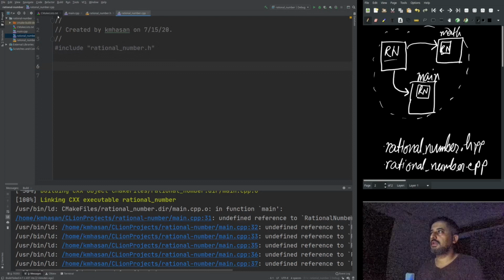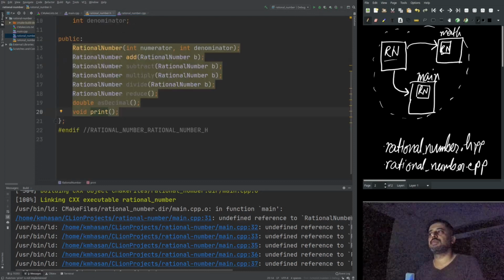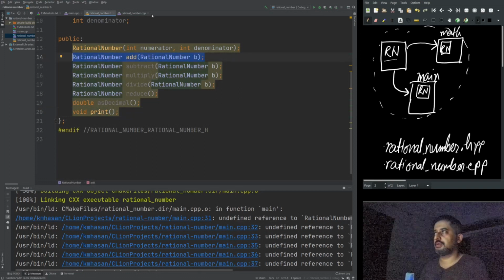So what do we do in here? Well, this is the place where we are going to define each of these methods. So if you're thinking about the constructor, we're going to write that here. And if you're thinking about the add method, this is where we're going to define this. Let's start off with the add method. I'm going to steal my own code